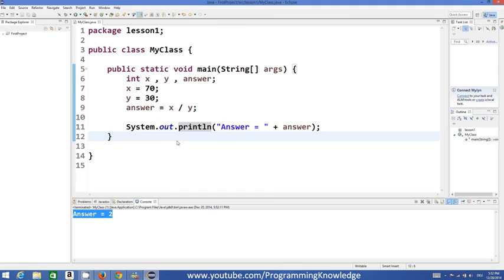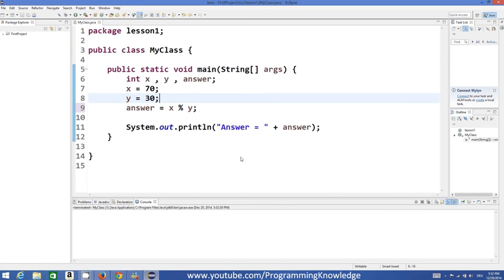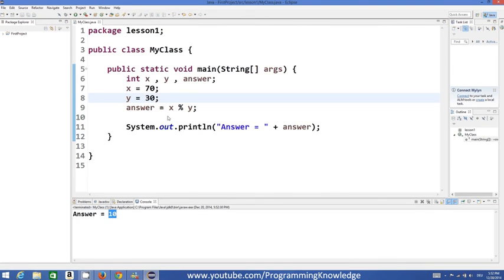Okay, now there is one more interesting operator in Java, which is called modulus operator, and this gives you the remainder of the division. So once I run this program, the remainder is 10, right?